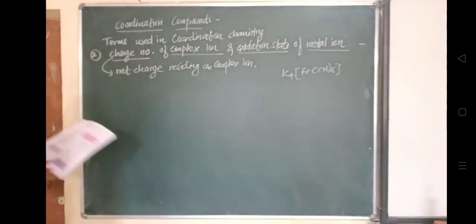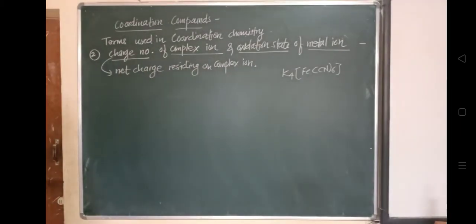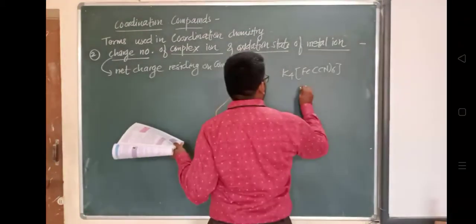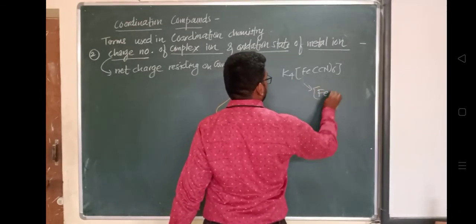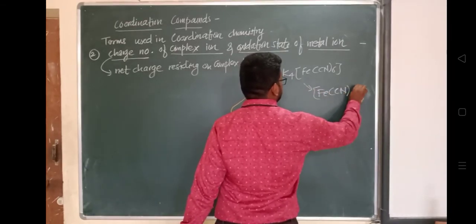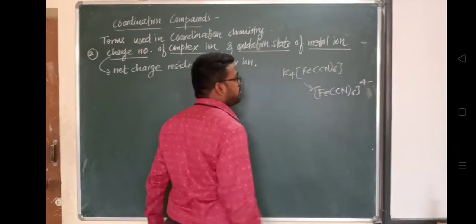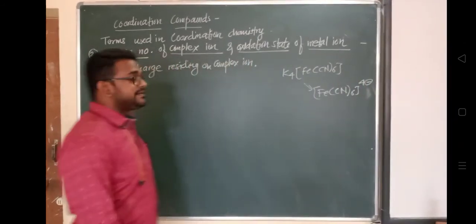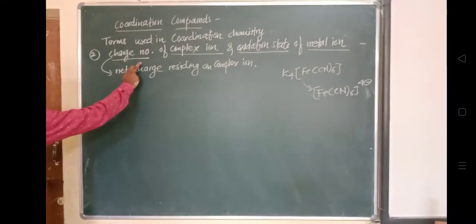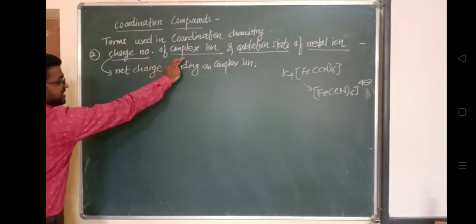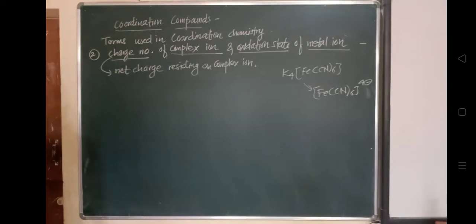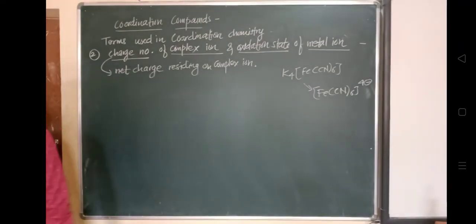It is the algebraic sum of charges carried by metal ion. So how we have calculated this? We already wrote in the earlier case that it is the addition of the charge of the metal ion plus the ligands which are attached, which are linked to it. So metal ion and this ligand which is having a charge, that is called the complex ion. उसको बोलते हैं हम लोग complex ion.